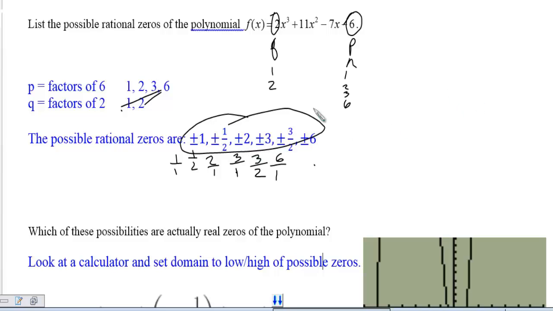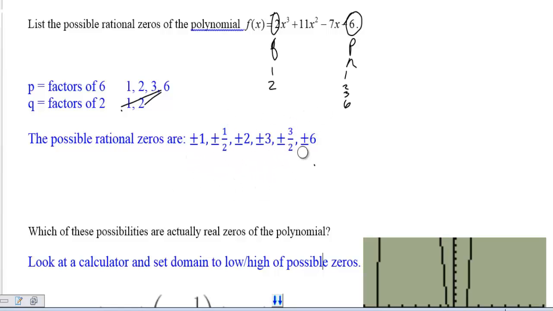Now, if I wanted to do this completely by hand, I would use synthetic division, and I would check all of these as roots to see which of them can be divided into this polynomial, and that would decompress it. We don't want to go through all that work because I have 1, 2, 3, 4, 5, 6 of them, and they could all be plus or minus, so that would be 12 times that I might actually have to do it to figure out which of them are the actual rational zeros. So the next step here